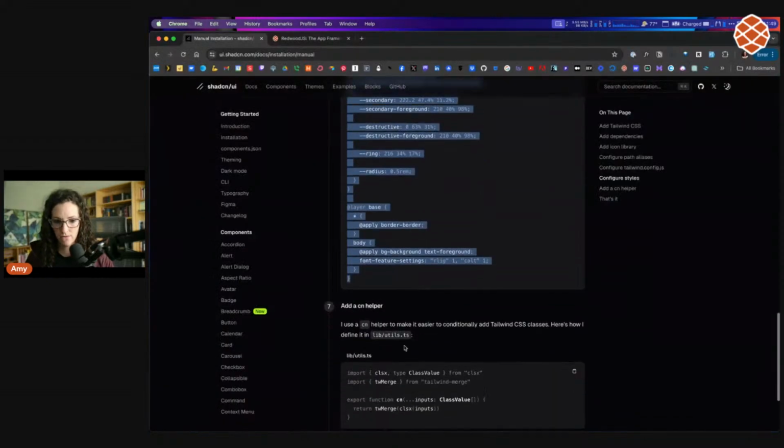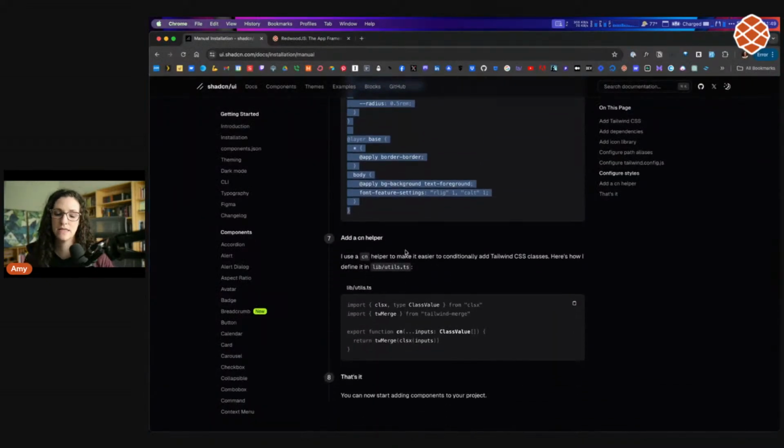If we come back over, the next thing it says is to add a cn helper. Now what Shad does is it uses a utility called cn. It kind of creates it here. It references a library called clsx. And all that does is that makes it easier to conditionally, you can see there, conditionally add Tailwind classes. And so you can almost use that as a function instead of having to do all these like ternary